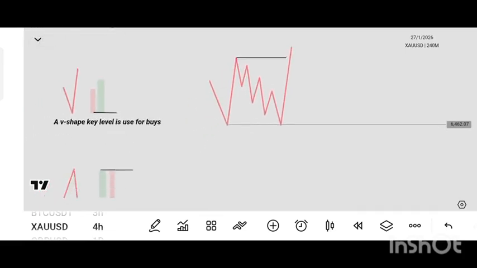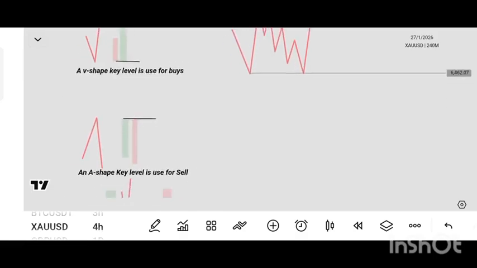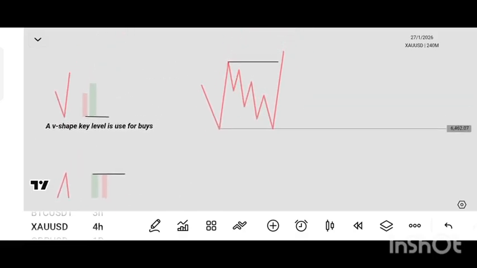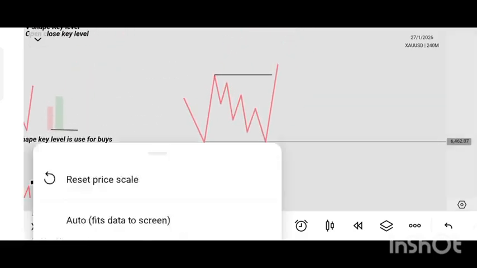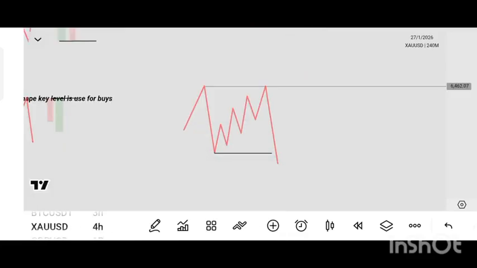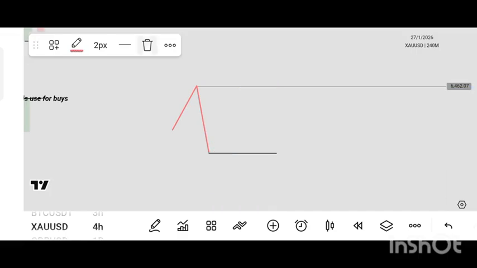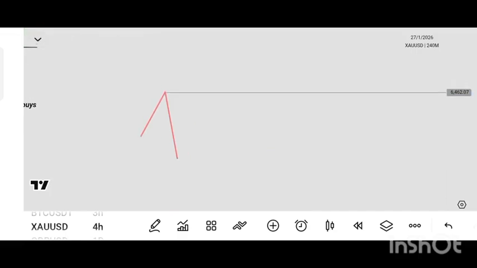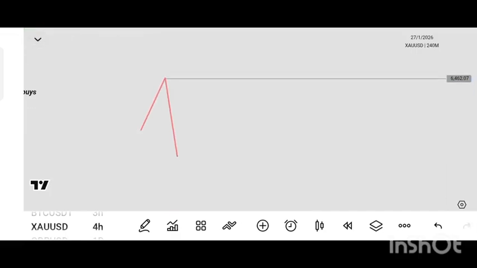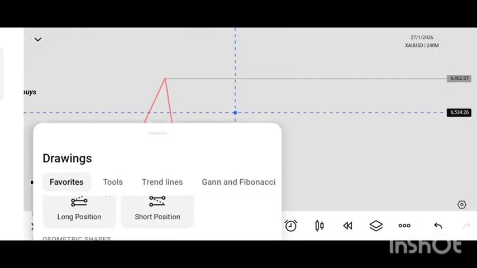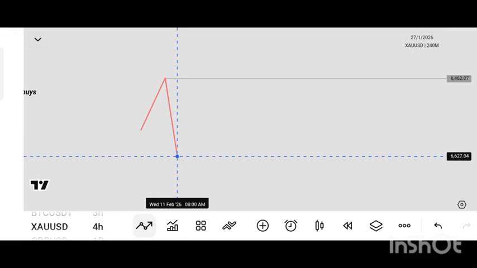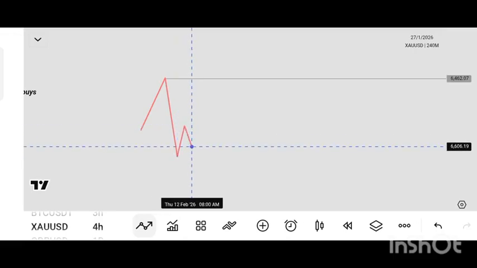Now the A-shaped key level is used for sells. This is how it looks like. It looks like an A. So meaning that we are expecting price to be trading upwards,